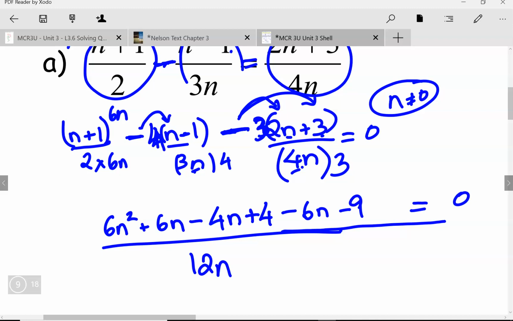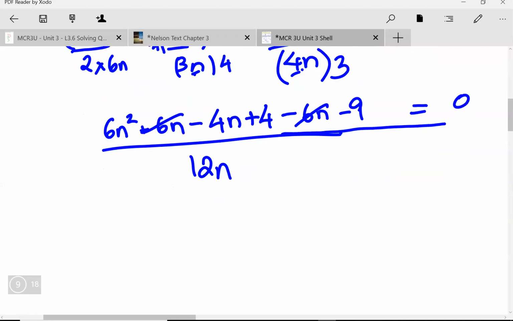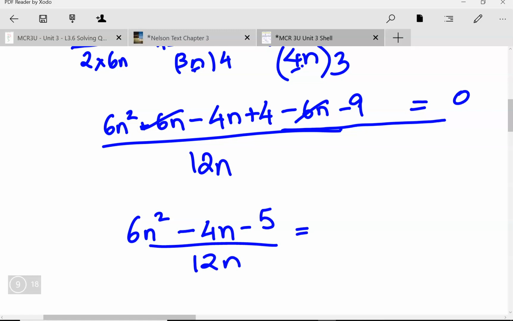So of course, here again, my restriction, I will state that n not equal to 0 as soon as I have one denominator. And then I'm going to simplify this. So I see plus 6n minus 6n, those go away. So I'm left with 6n squared minus 4n minus 5 divided by 12n equals 0. And from here, the work gets significantly more simple, I should say, because